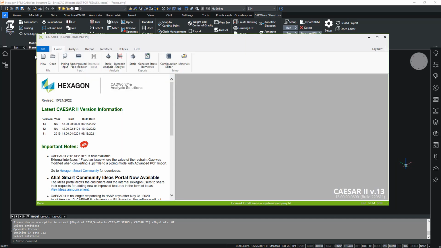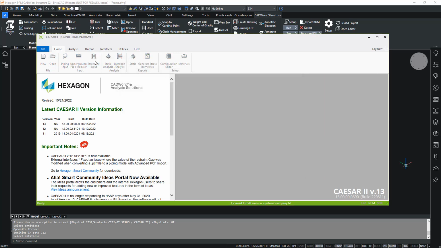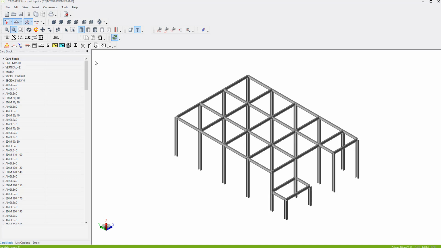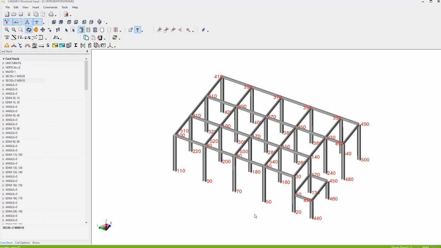Now let's return to Caesar 2, and I will open the steel frame. And then we jump to the Caesar 2 structural input module. Here we see our steel frame. There's the two section IDs, 8x28, 8x10. If I turn the node numbering on, and let's turn the reset view off, here I see the node numbers,